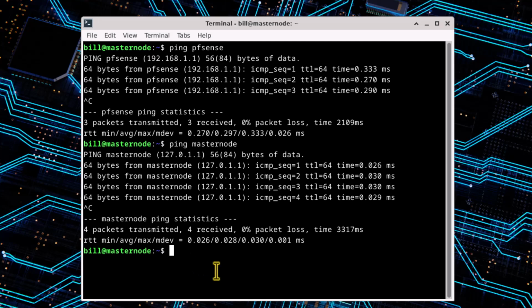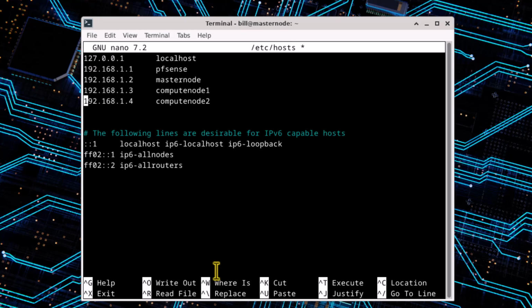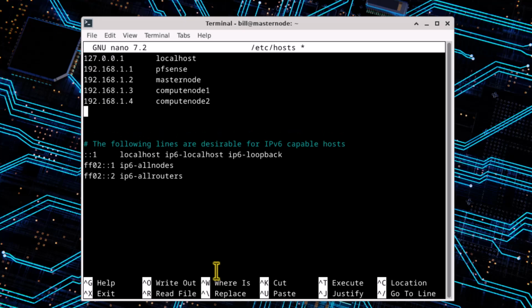It's saying 127.0.0.1.1. So let's go take a look at that. If we do a sudo nano /etc/hosts, that's going to be our host configuration file that we need to do everything. And let's see, master node should be 1.2. It's responding on 1.1. Maybe I'll just get rid of that because I don't really need that in the way anyway. I don't know if that's getting in the way. But you'll notice here that compute node 3 is missing. So I will add that,